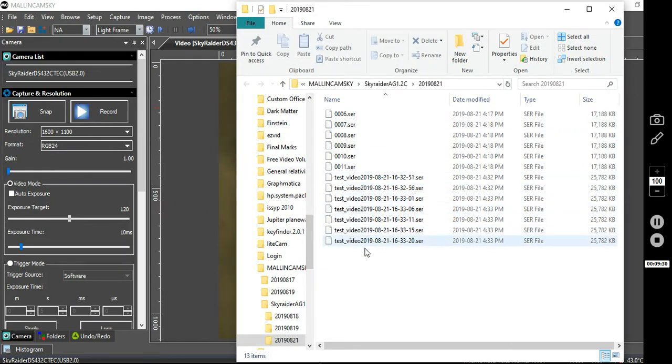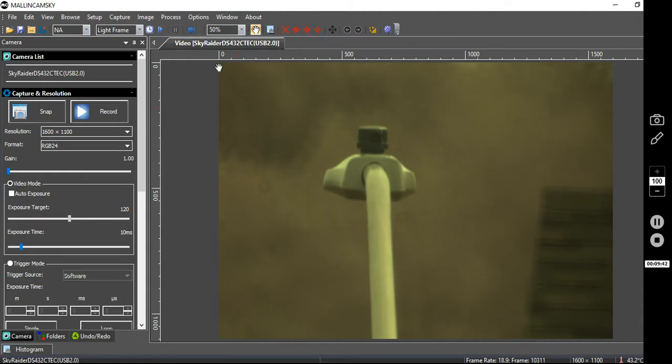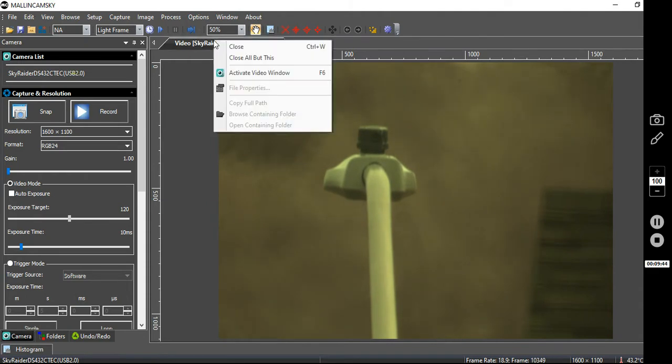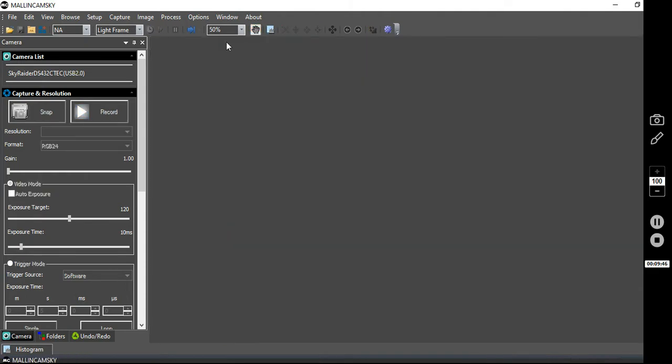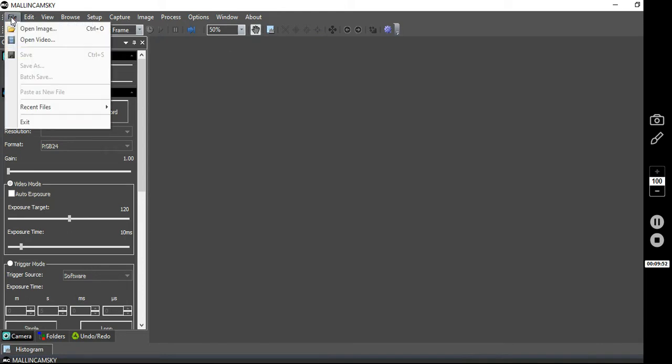Test videos that we set up today, right? Now, because it's in a SER format, we can do something that's really, really cool. So let me just close this for a second. I'm going to deactivate your camera, because you have to deactivate your camera to do this. But this is something neat that MallincamSky software can do. If you go to the file and you click on open video,